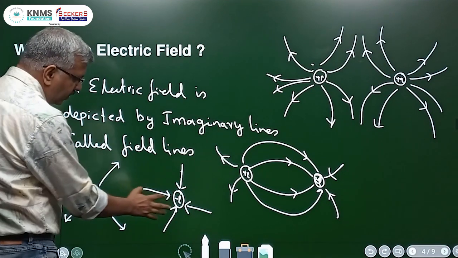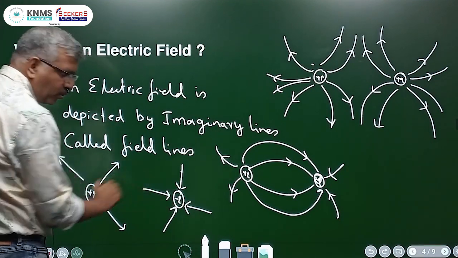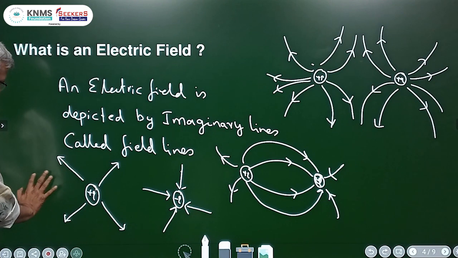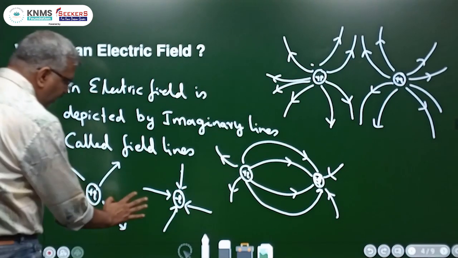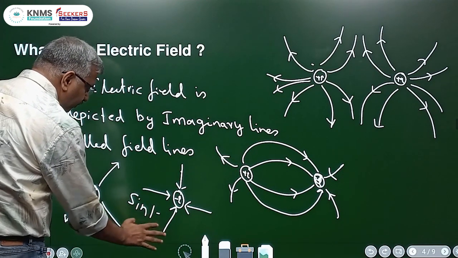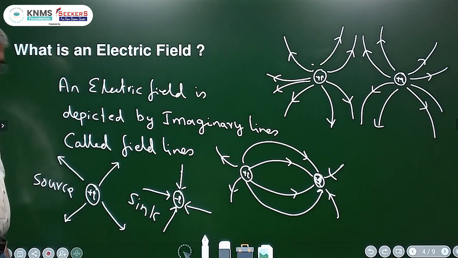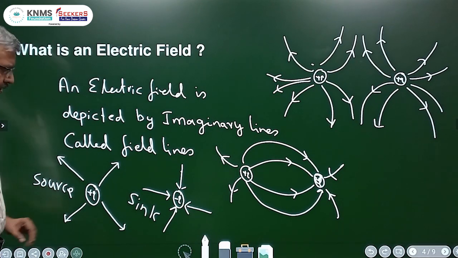In case of a negative charge, the field lines look like this, they approach the charge. I already explained to you that this is the source for field lines, and I have explained to you that this is a sink for field lines. So, what I am trying to tell you is this, that one, understand that field lines are so drawn that